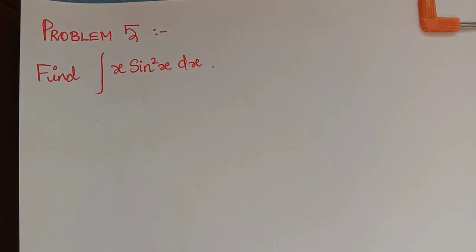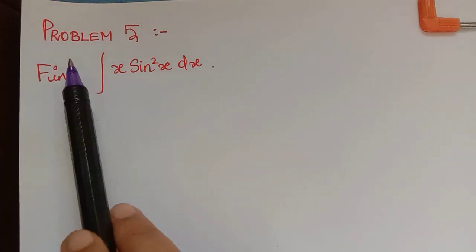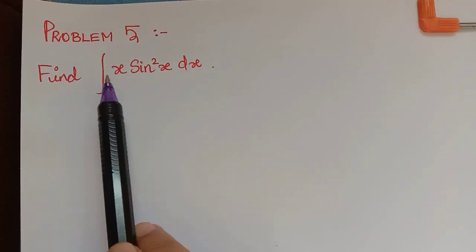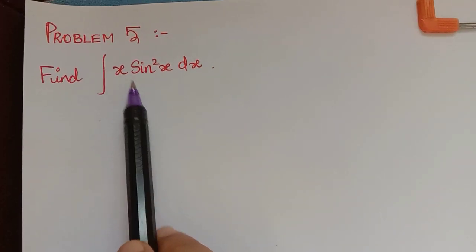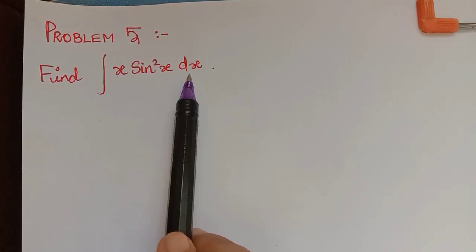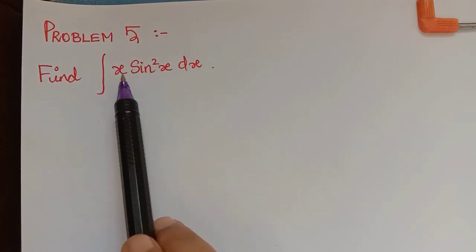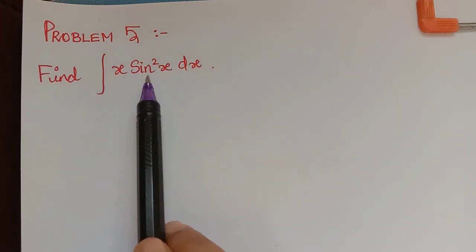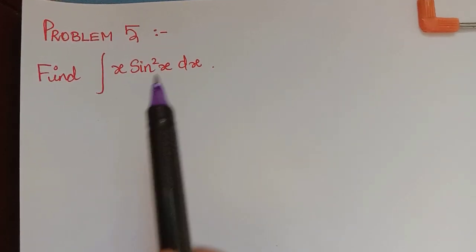Hello students, under the topic integration by parts, here we have the next lecture, that is problem 5. We have to find integral x sine squared x dx. First we have to make the choice of u and make the remaining choice as dv, for which we have